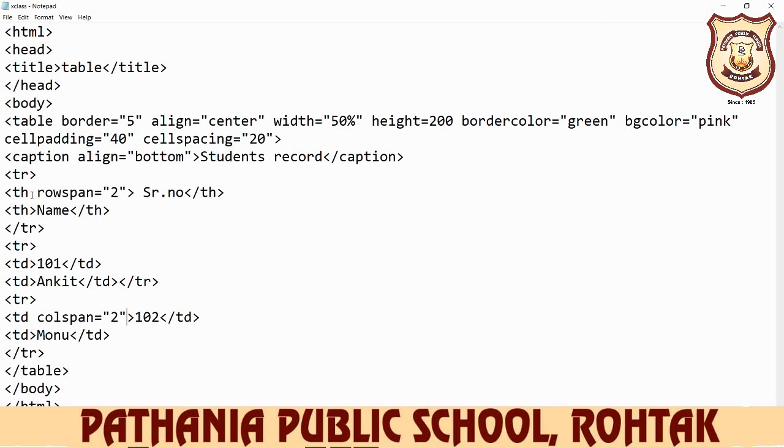These all work with th. So th and td attributes are align attribute, bg color attribute, and colspan attribute, and rowspan attribute. Clear everyone? And tr has only two attributes. One is your align attribute and second is your bg color attribute. So this is all about the table tag here. So our table tag is completed here.